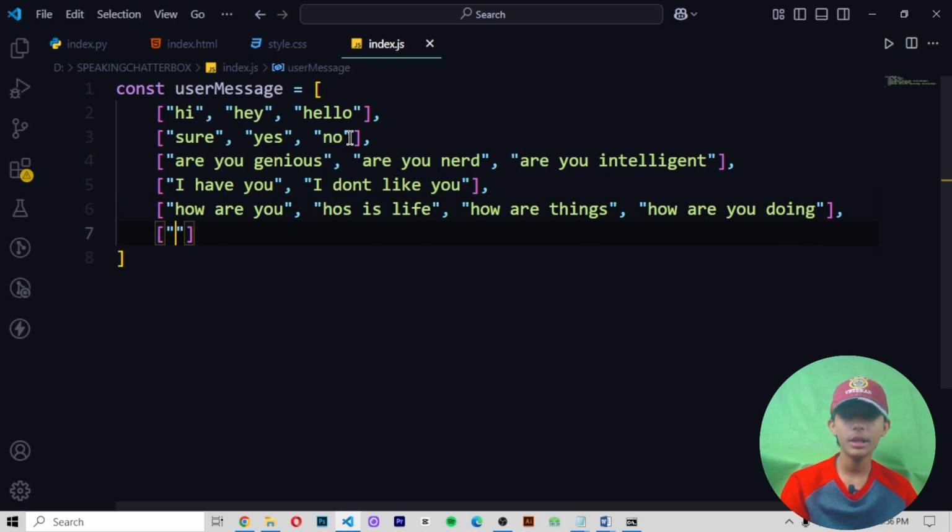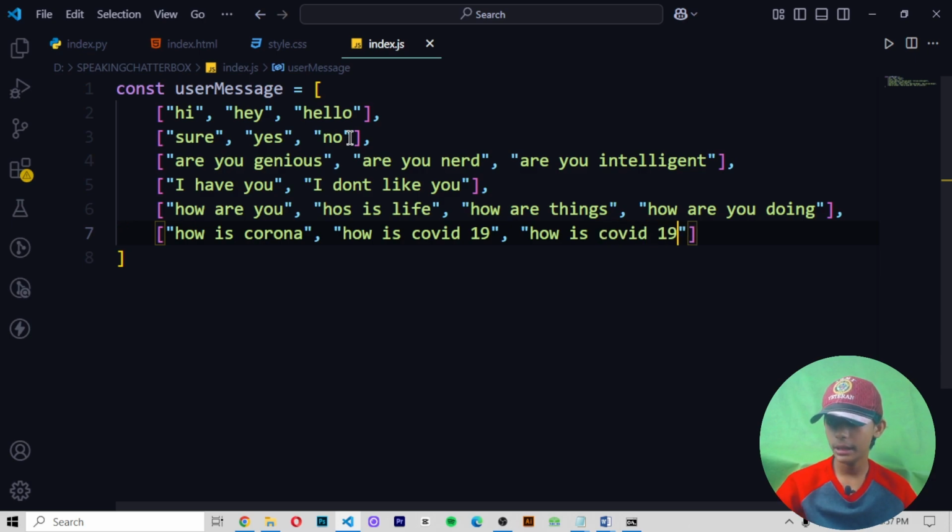Now define one more time. Right here, how is Corona, how is COVID-19 space, how is COVID-19 situation.